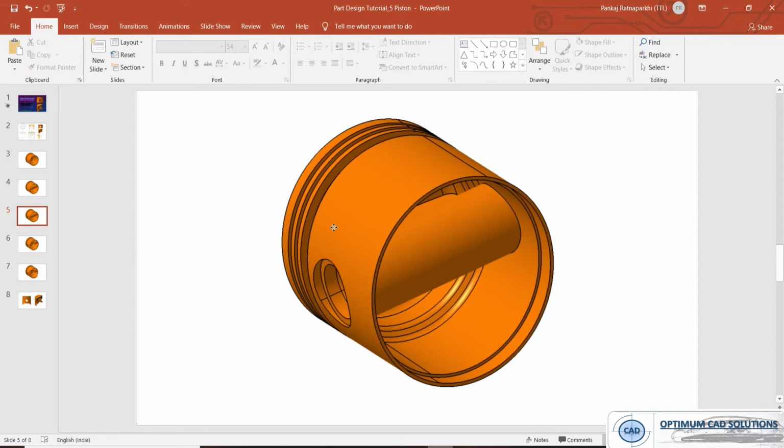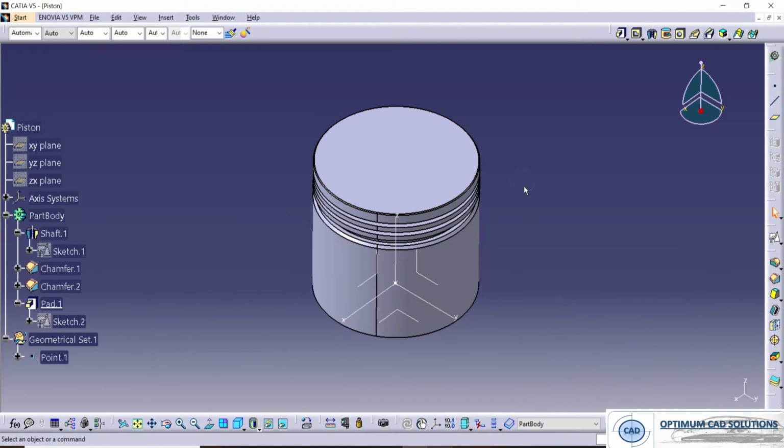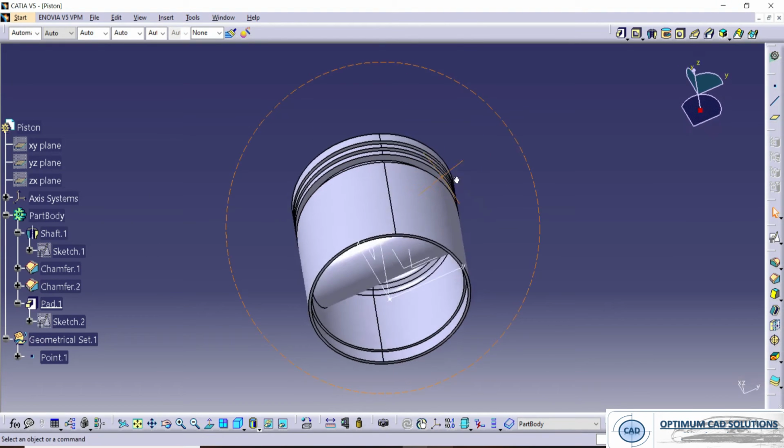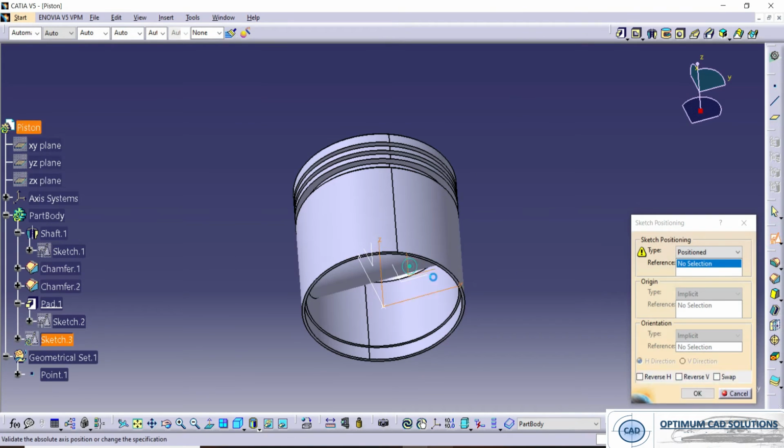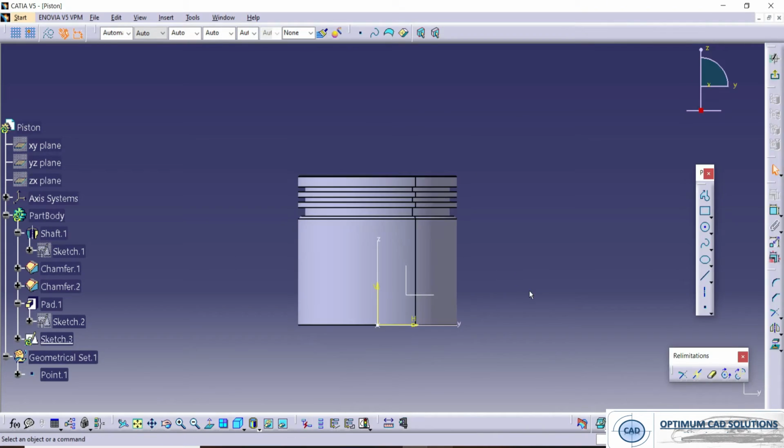Now third, we have to remove the internal cavity. So for that we are using this plane. Similarly, select sketch. We'll take a few references.